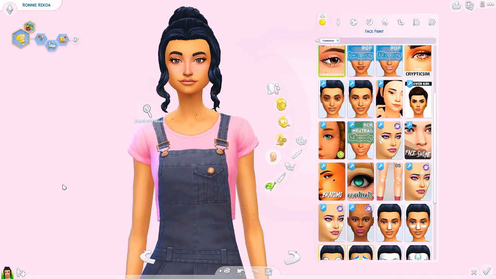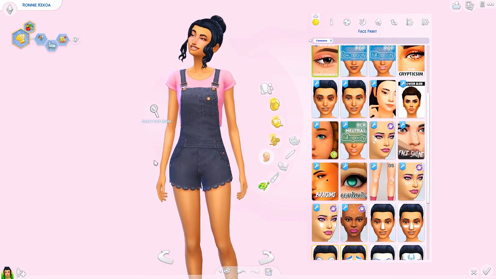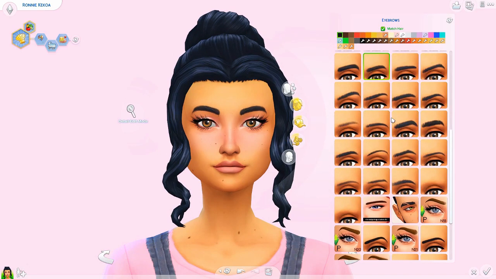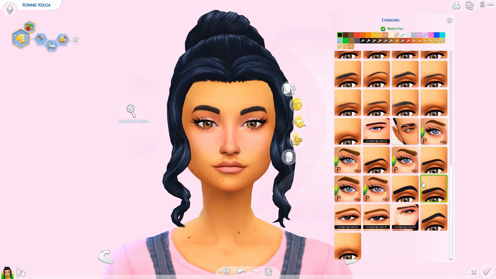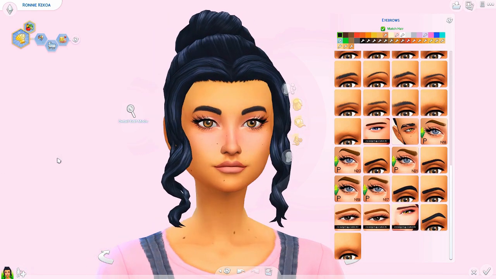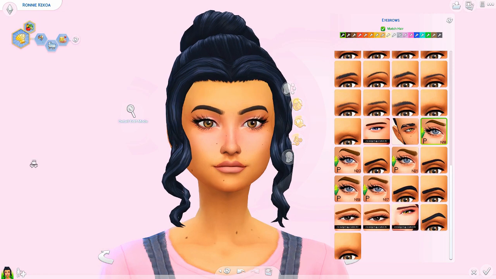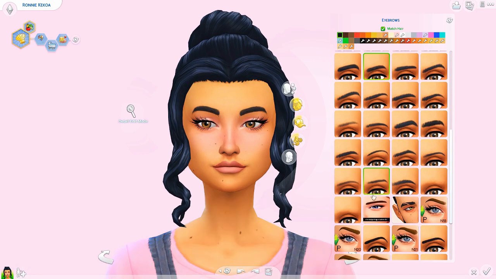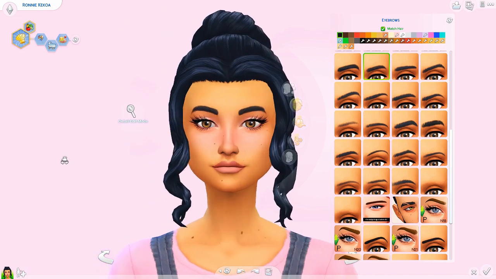Okay, so moving on from the face. Oh, I do want to mention eyebrows. I really don't use CC eyebrows, hardly ever. I don't know why, I never feel like they look exactly right on my Sim's face. Sometimes they can look okay, like these ones I use when I'm trying to make one of those baddie type Sims. I just prefer the actual EA eyebrows, because like these, I never use these ones, but